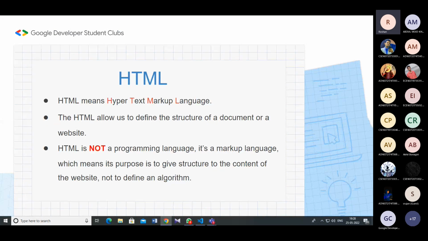HTML stands for Hypertext Markup Language. HTML allows us to define the structure of a document or a website. HTML is not a programming language. It's just a markup language. Its purpose is to give structure to the content of the website, but not to define any kind of algorithms, programs, coding, and all. This is a basic structure